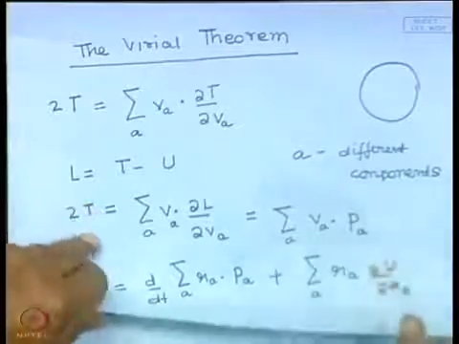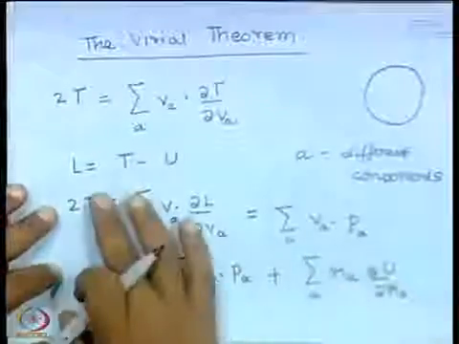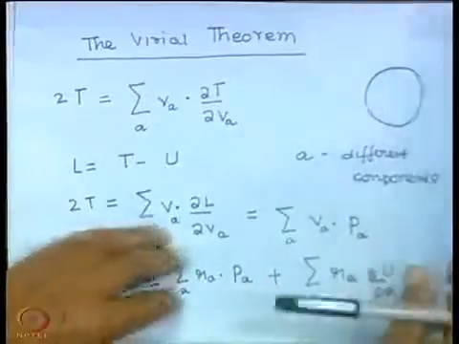Now, the virial theorem tells us something about the time average of these quantities. Let me define what we mean by the time average. If there is some quantity f